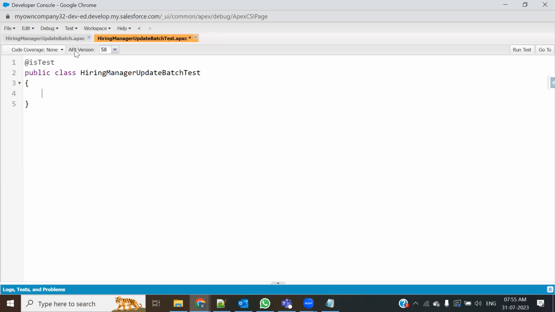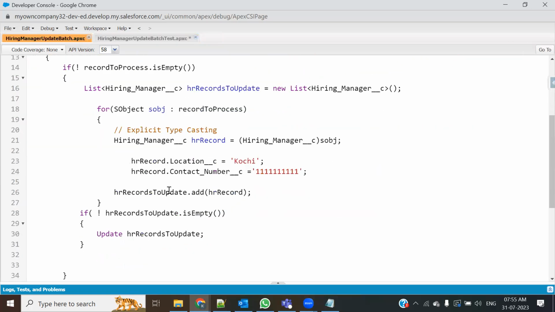See what this class is doing. This is updating every hiring manager record. It's updating the location value to Kochi. It's updating the contact number to this particular value. So this is performing a DML operation. Yes, this is performing a DML operation. Whenever you see a DML